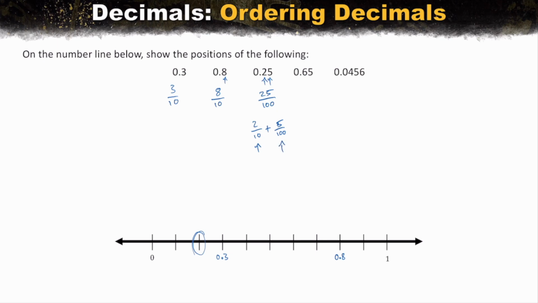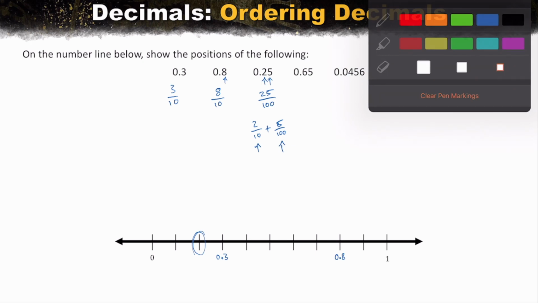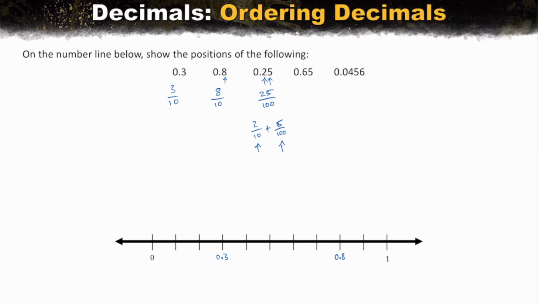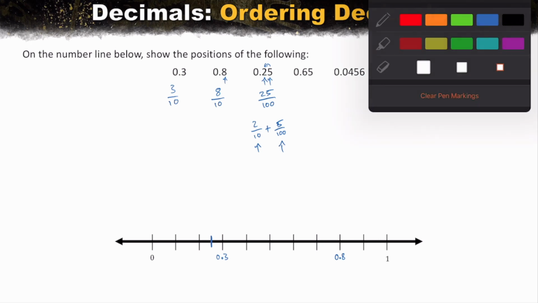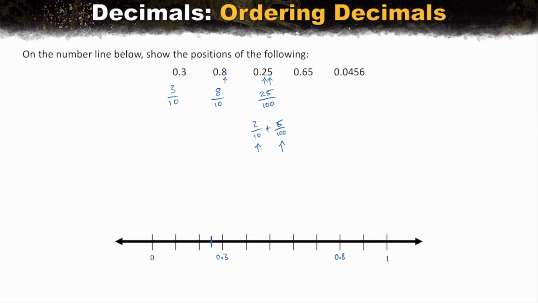But it's a little bit higher than the second. To be honest, it's going to be halfway, right in between these two, because 25 100ths, it's 5, it's halfway to that next tenth, if that makes sense. So that's the way that I thought that through,